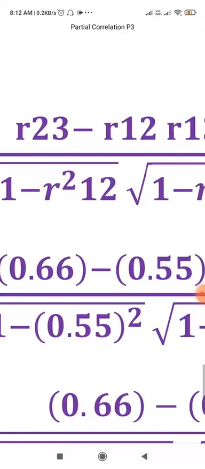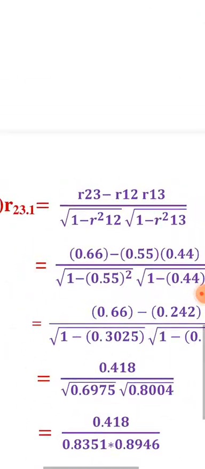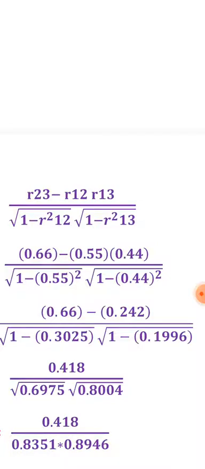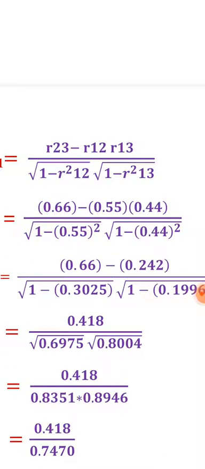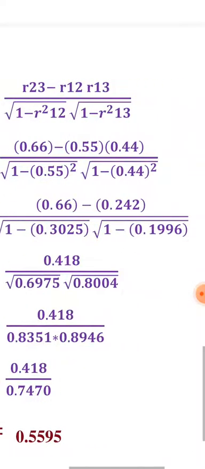So, the first step, put the formula. Second step, substitute the values in the formula, and the values are 0.66 minus 0.55 into 0.44. In division, in the first root 1 minus 0.55 square, in the other root 1 minus 0.44 square. Then next step, the multiplication and square. The multiplication of 0.55 into 0.44 will be 0.242. The square of 0.55 is 0.3025, and the square of 0.44 is